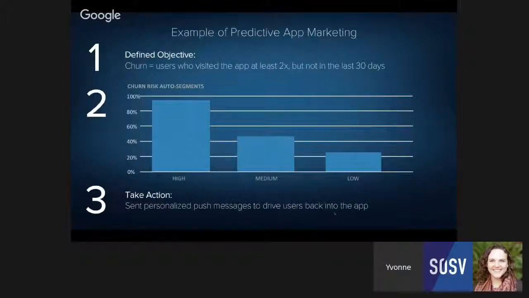The last thing that we did is we enabled them to use Localytics to act on this data, sending personalized push messages to drive users back into the app before they deleted the app from their phone. So this was preemptive information that we were giving to OneFootball so that they could identify people highly likely to churn and then send them a message saying, here's a special offer, or here's your favorite team score, whatever it might be, and they sent personalized messages to those users to drive them back into the app.